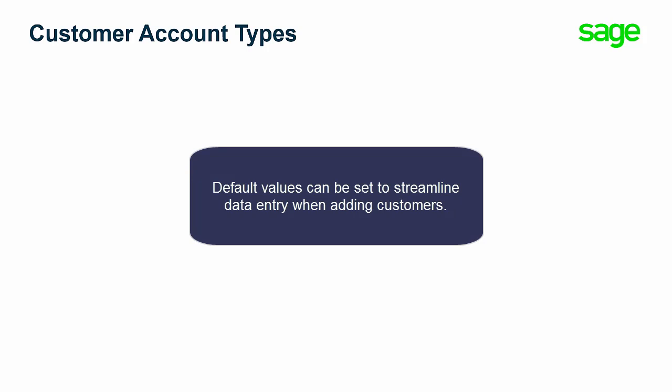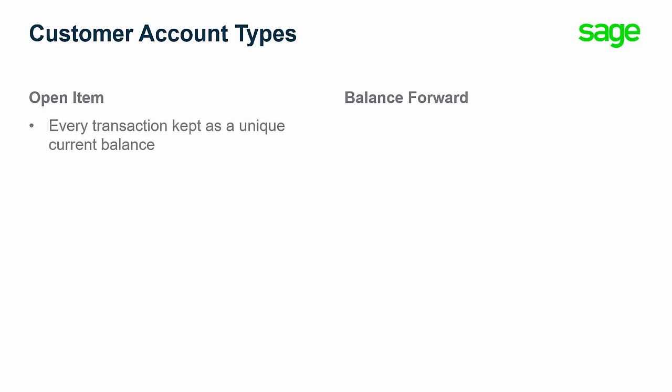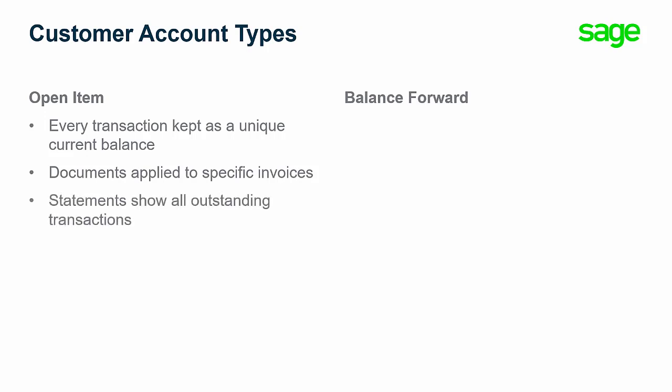For example, it is possible to specify the default account type of a customer group. There are two different customer account types, open item and balance forward. If you have open item customers, every transaction is kept as a unique current balance. Documents are applied to specific invoices. Statements for open item customers show all outstanding transactions in the account, and the opening balance is net as of